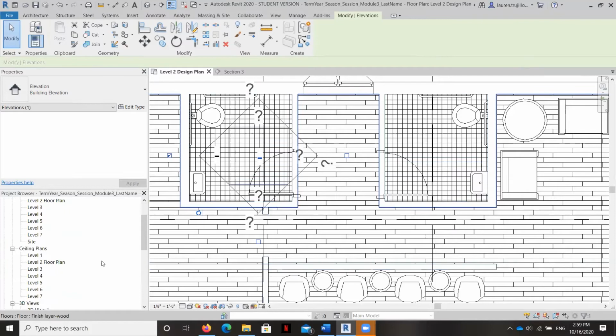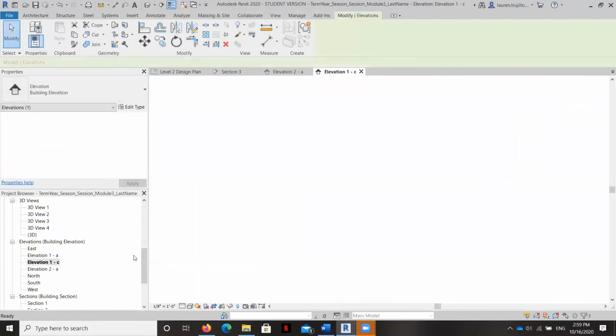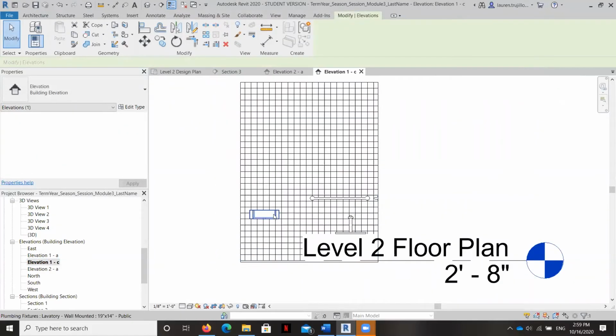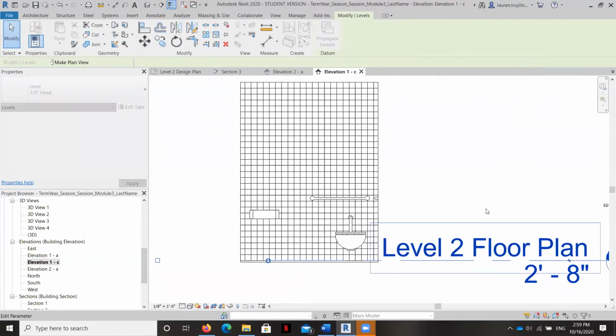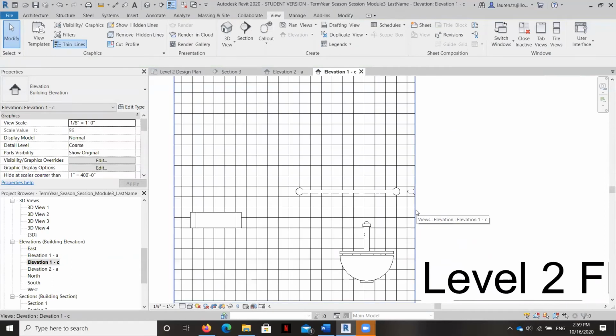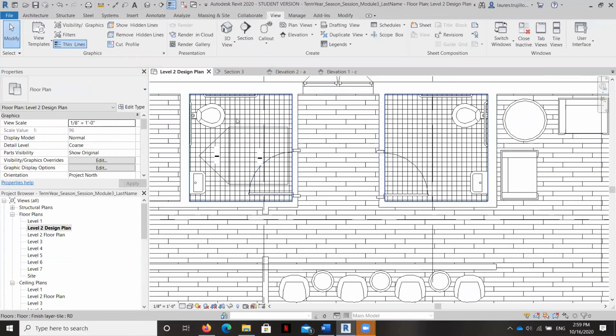All right, and let's see what we've got. Oops, wrong elevation. Let's take a look. There it is. Okay, so this is the elevation of our bathroom, and you can see, or I keep saying bathroom, but I mean restroom. Commercial or any non-residential project, bathrooms are called restrooms. So I'm going to just go ahead and move this so we can see a little bit better. And now you can see that the structure of the wall has been changed to show the tile on the inside.